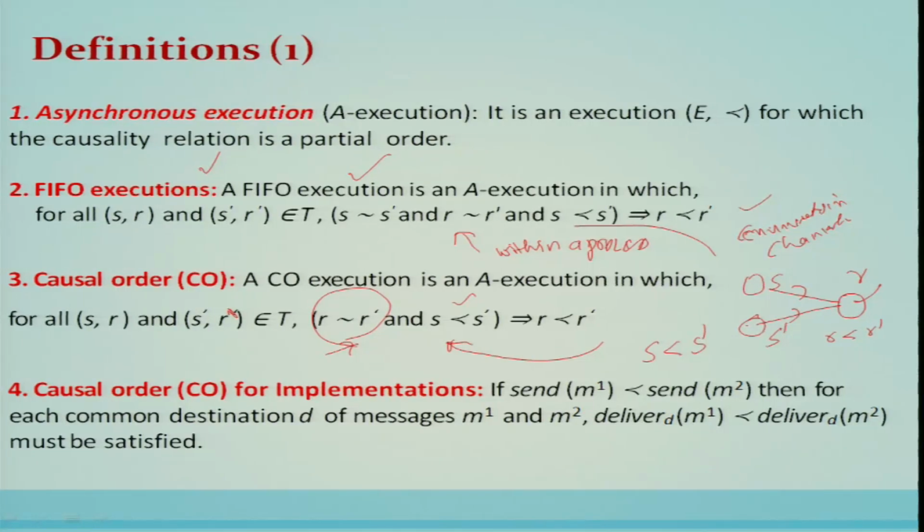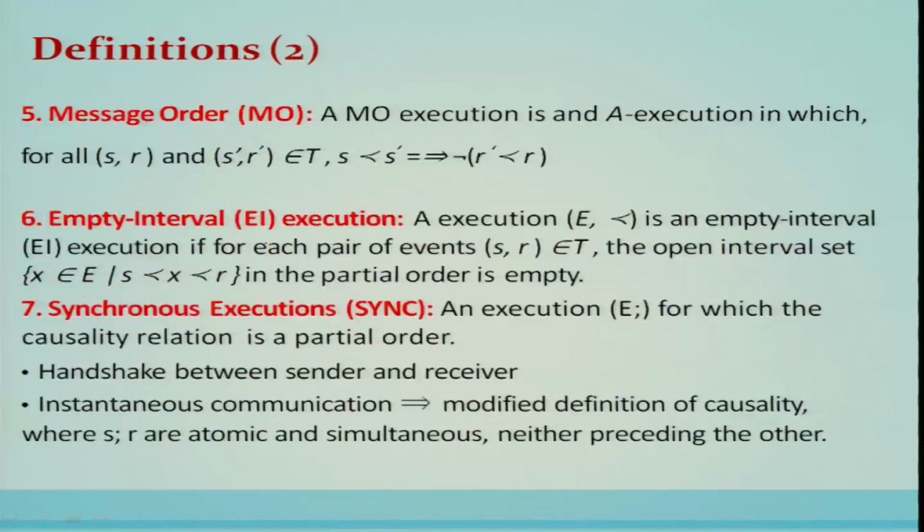So if there is a precedence between two sends which are happening at different sites, then when they are received, if they have a precedence relation, that relation will also be ensured at the time of delivery, and that ordering of the messages is called causal ordering of messages. Now another kind of ordering is called synchronous,